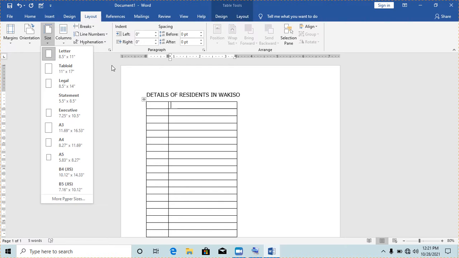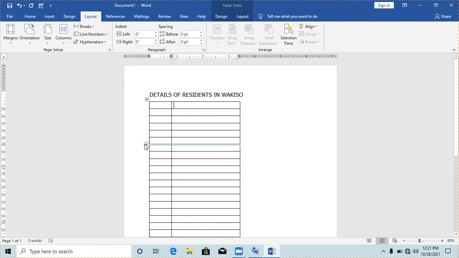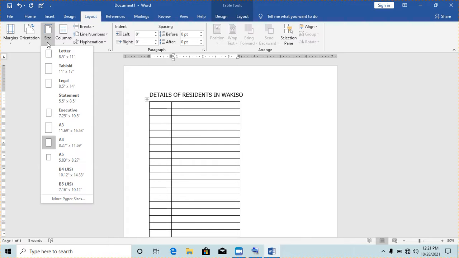So you can come here and choose size A4. There is not much difference between size A4 and letter, but just to be specific, sometimes you might need to go to size and choose A4 when creating